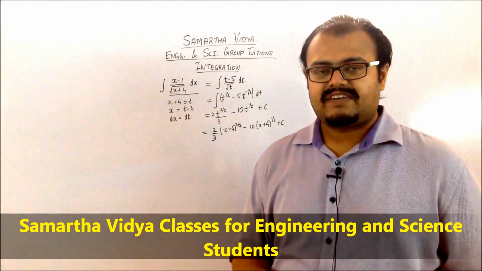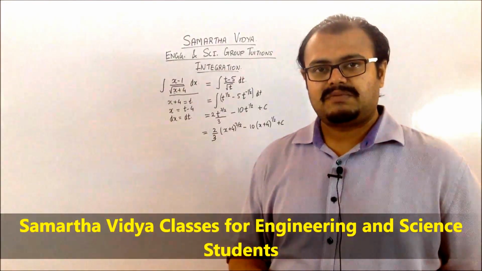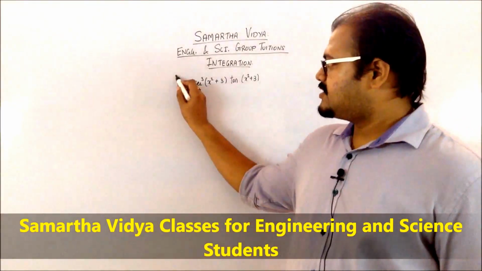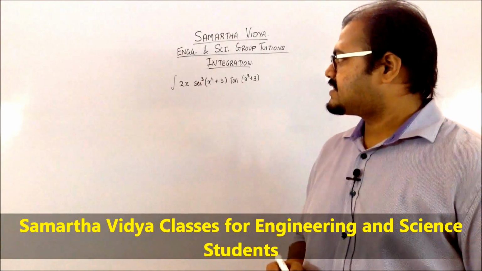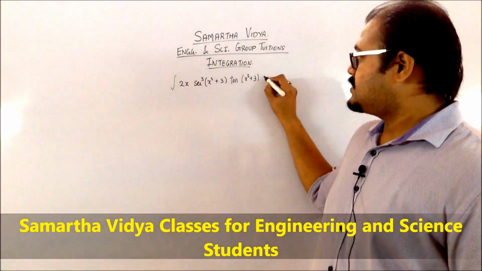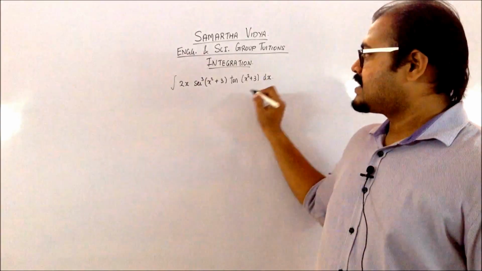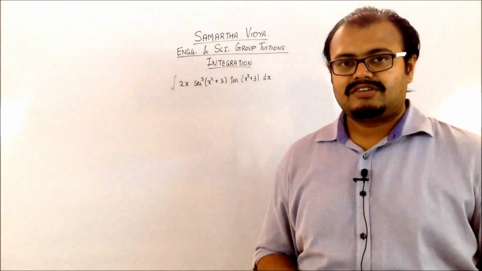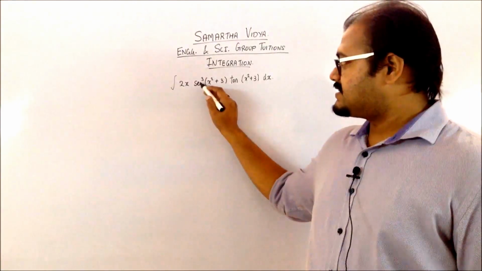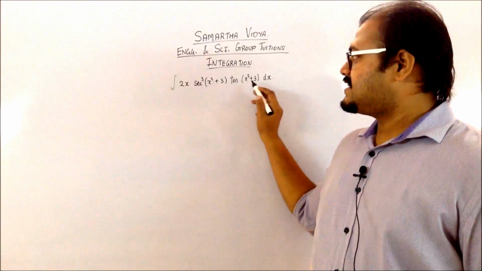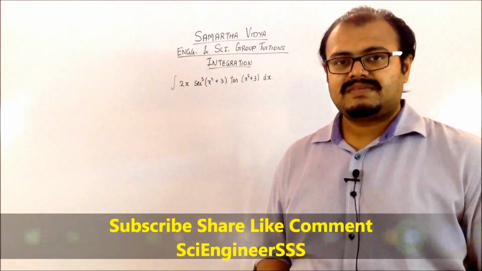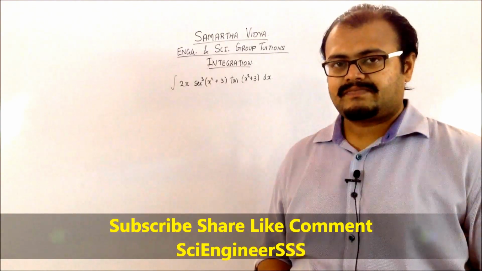So this is how you will be finding your integration. Let us take one more problem based on this. So let us have a look at this particular problem. You have an integration of 2x sec cube of (x square plus 3) tan of (x square plus 3) dx. So this is going to be a very complicated term. Since you can see that there is a combination of sec and tan and also a 2x present, your substitution method should be applicable over here.